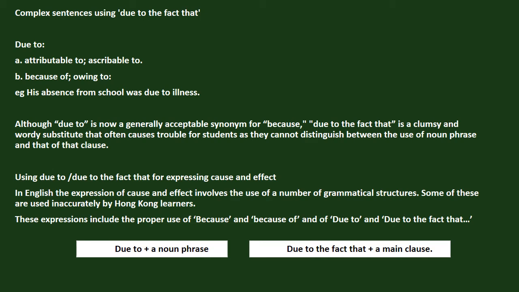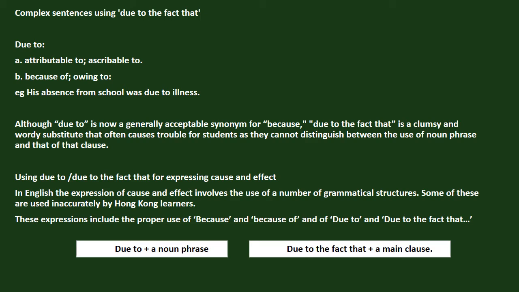Hello，小朋友，你哋好啊！今堂我會同你哋介紹 complex sentences using due to the fact that。咁 due to 嘅意思咧就係 attributable to 啦，ascribable to, because of or owing to。For example, his absence from school was due to illness，即係由於咁樣解啦。